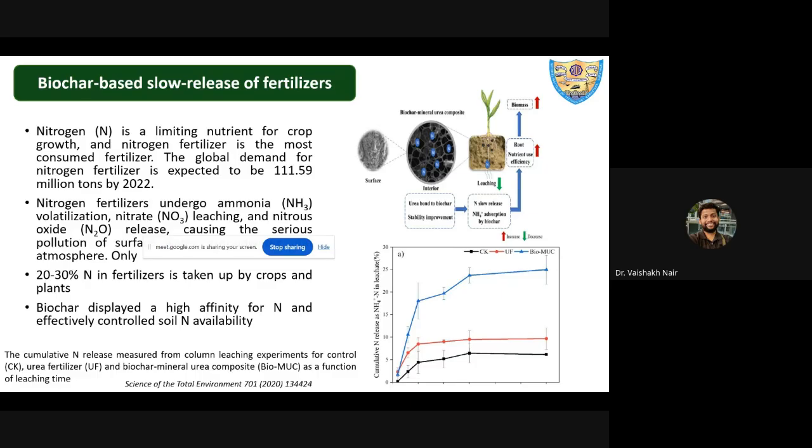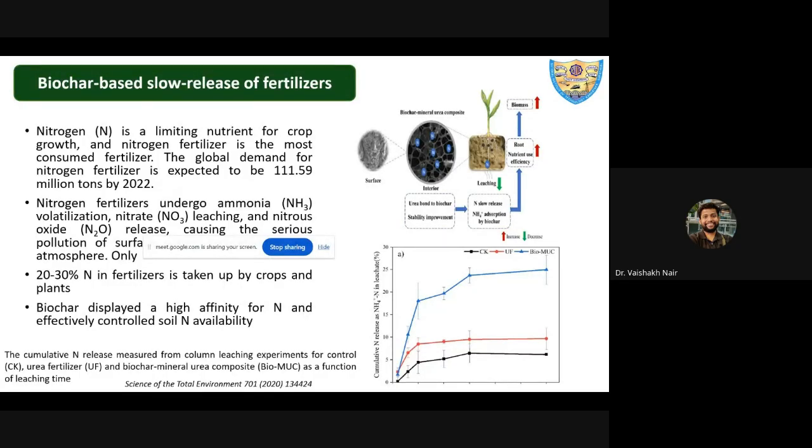But what happens is the ammonia gets converted into nitrate and nitrous oxides, and it gets dissolved in the water in the field, or it just evaporates out. So this is one of the major issues when you use nitrogen-based fertilizer. Indirectly, you will see that the lifetime, or the retention, the time the fertilizer stays in the soil, is less. That means, let's say in 15 days,